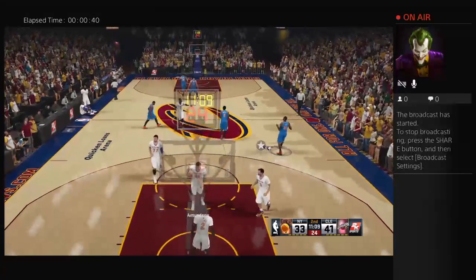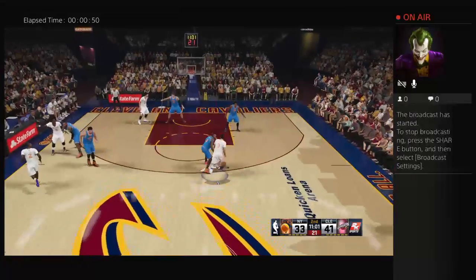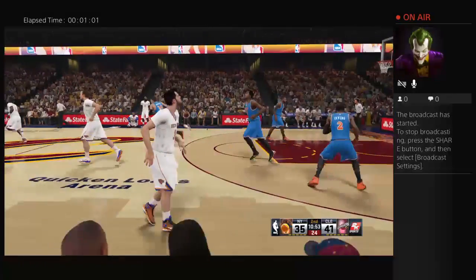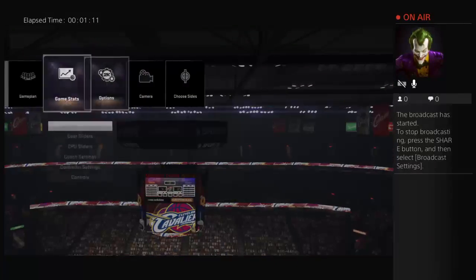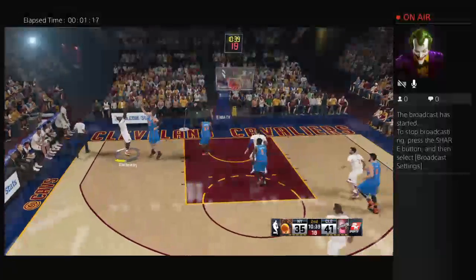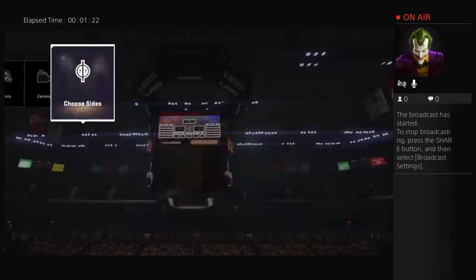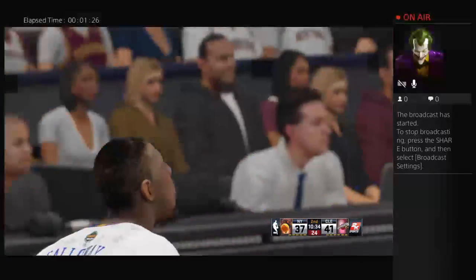Oh, look at that. Got to be kidding me. Where'd that come from? Now that's using some. It's good for two. It's stolen by Calderon. A baseline J, and again, and it's New York. That's pretty much been the norm for them, getting their points off assists and great ball